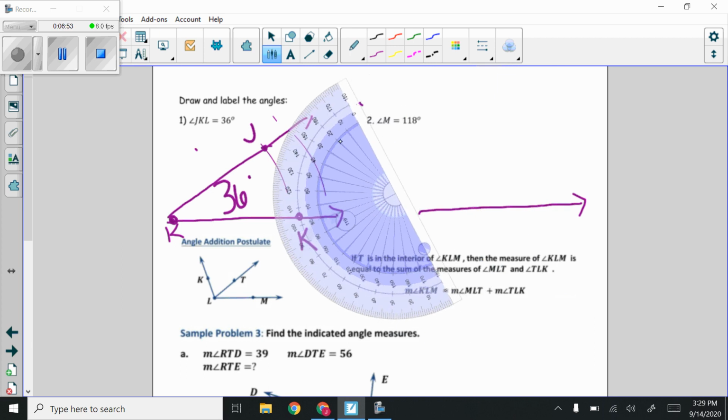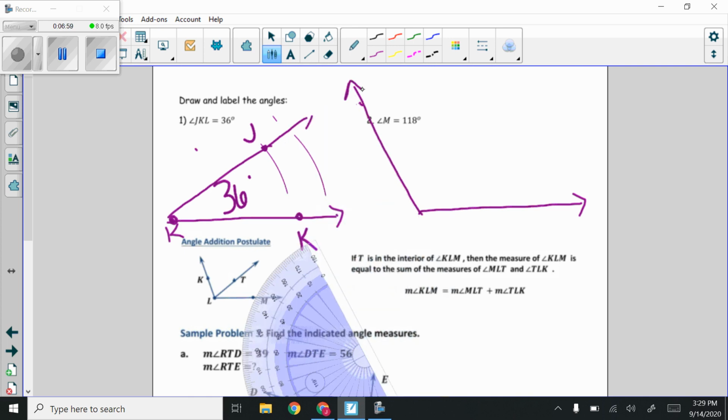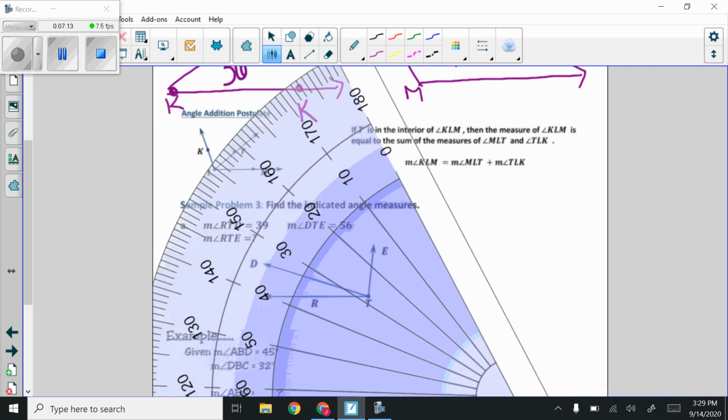Connect that dot with my vertex. This would be about 118 degrees. Here it's just said angle M, so my vertex is just the N. Okay, so now we want to look at the, let's see,